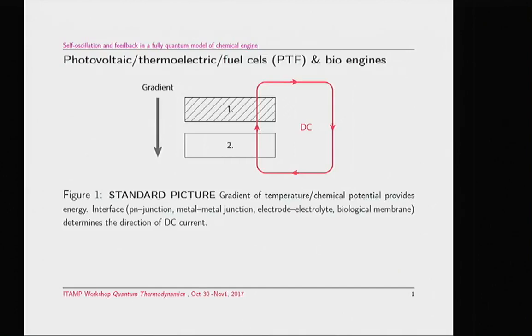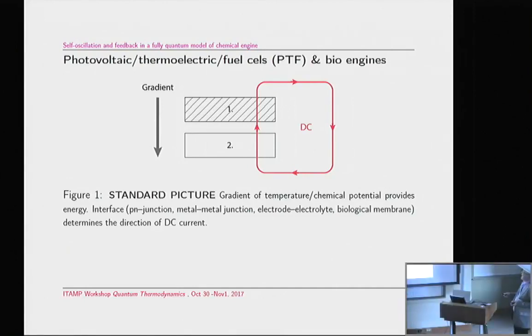The engine itself is essentially always an interface between two materials. So in all these examples, we have the same scheme. We have either a p-n junction, also an organic solar cell. We could have a metal-metal junction for thermoelectric cells, an electrolyte junction, and also biological membranes. We have also a gradient, which is the source of energy for this engine, and this gradient